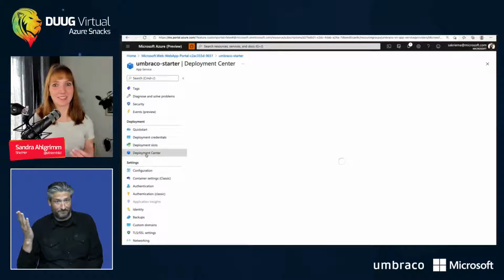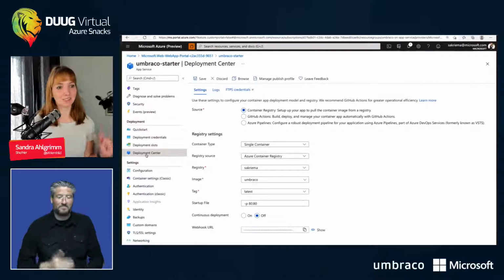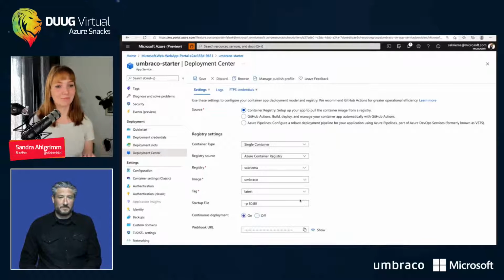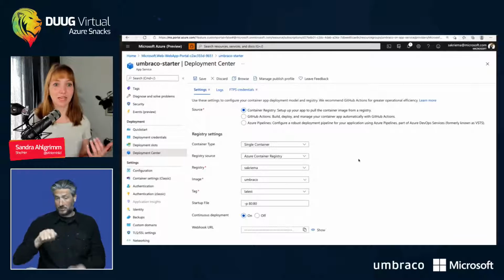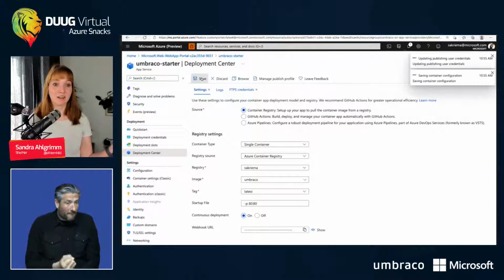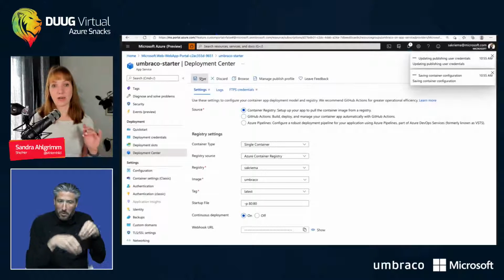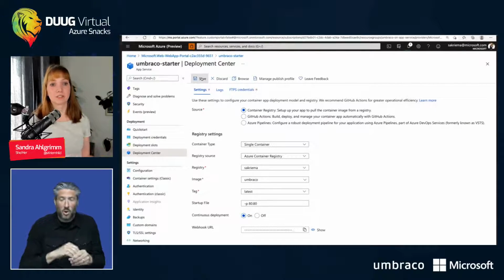If I want to have the CI/CD in place very easily, I can just go on deployment, check deployment center, and then here I can just turn on the continuous deployment. And here I have multiple things I can do. I mean, I'm on GitHub, so I could even just add GitHub Actions here. Or I just say, okay, I want to push it with another process or manually to my container registry.